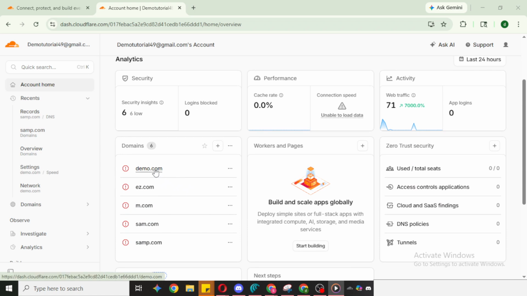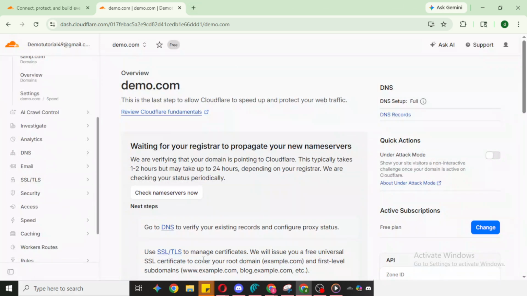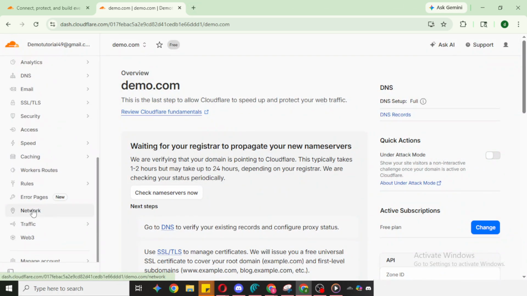Next, look for the section labeled Rules. This is where Cloudflare centralizes traffic logic, like redirects and other filtering. Click Rules to open it. Inside Rules, choose Overview. The Overview area gives you a clear starting point for creating a new rule and seeing what's already in effect. Now click Create Rule.